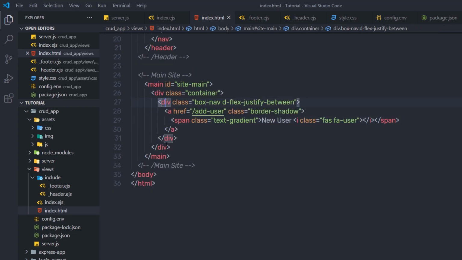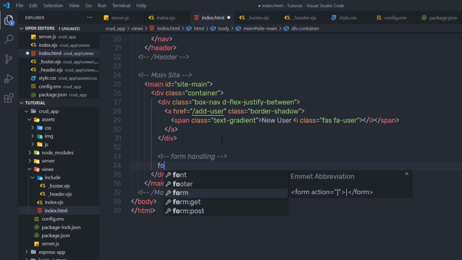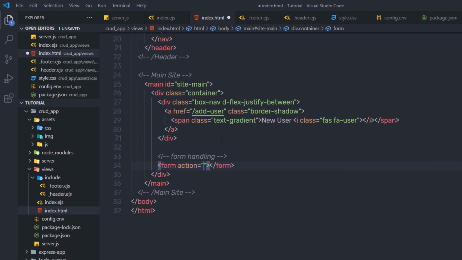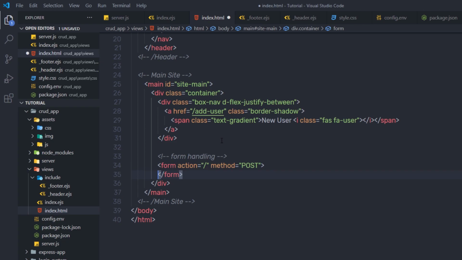just below this division tag right down here, I'm going to create a simple HTML comment and say form handling. And here I'm going to create an HTML form and specify the root route for this form. So when we submit this form, I want to redirect the user to the root route. Just for that, don't forget to specify the method, which is post, and inside this form I'm going to create my